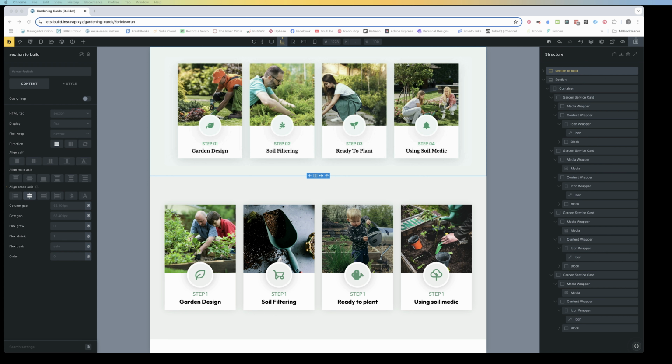In my last video I made these garden cards. I call them service cards, but actually looking at them they are step cards. And I've watched a lot of Kevin Geary's videos, and he goes on about maintainability and scalability and semantic design, and I'd say probably he's the reason why I'm making these videos myself. I need to practice being better, and I figured the best way of practicing being better is to do something